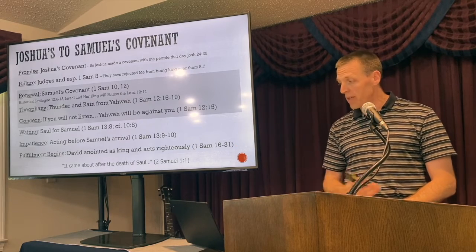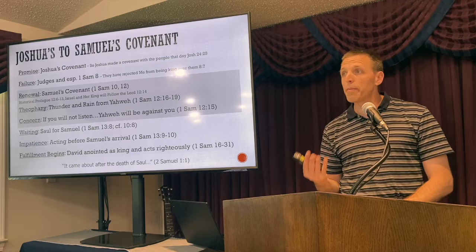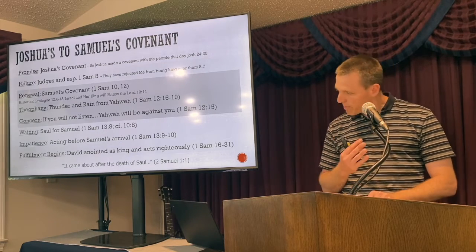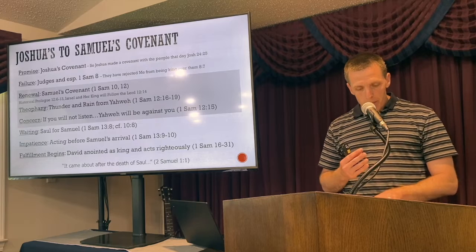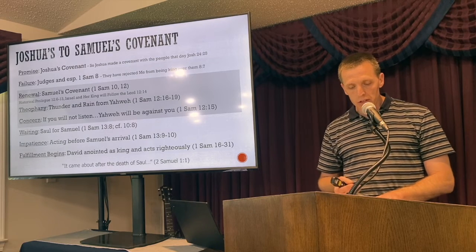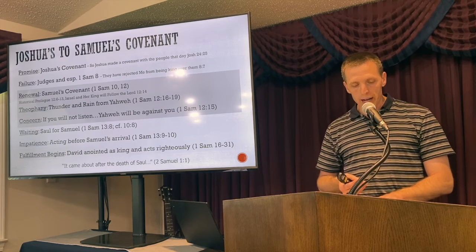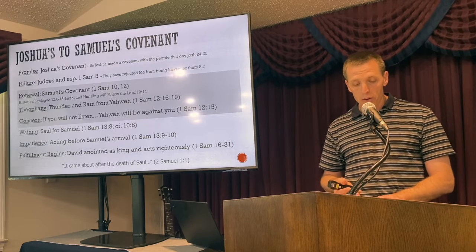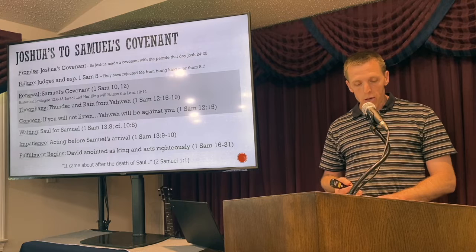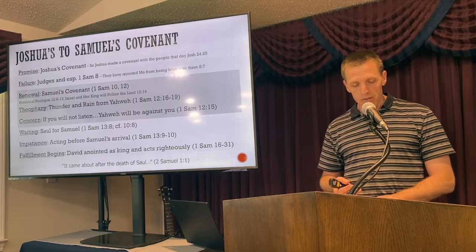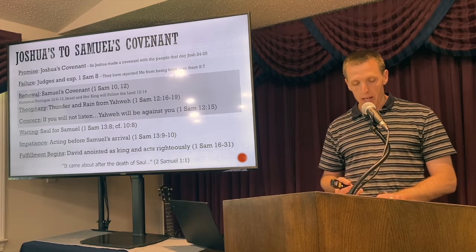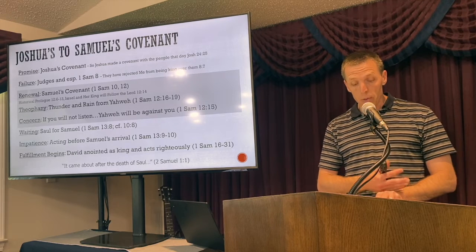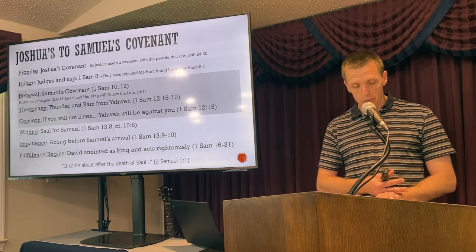And there is a theophany in this case, very clearly. It's not one we think about very much, but if you read in 1 Samuel 12, let me read it because it's not one we're familiar with. Even now take your stand and see this great thing which Yahweh will do before your eyes. Is it not wheat harvest today? I'll call to Yahweh that he may send thunder and rain. You'll know and see that your wickedness is great, which you have done in the sight of Yahweh by asking for yourselves a king. So Samuel called to Yahweh, and Yahweh sent thunder and rain that day, and all the people greatly feared Yahweh and Samuel.